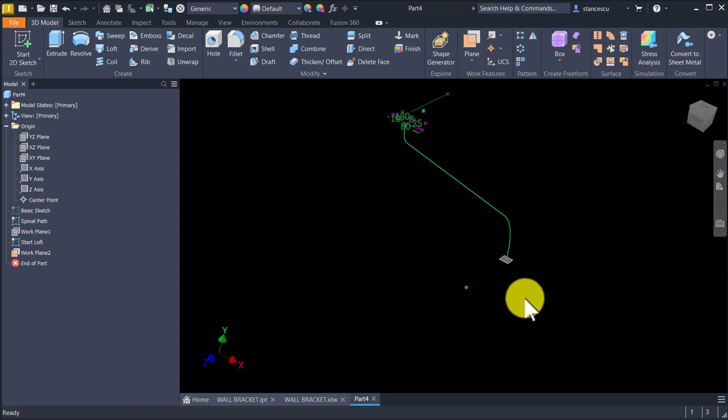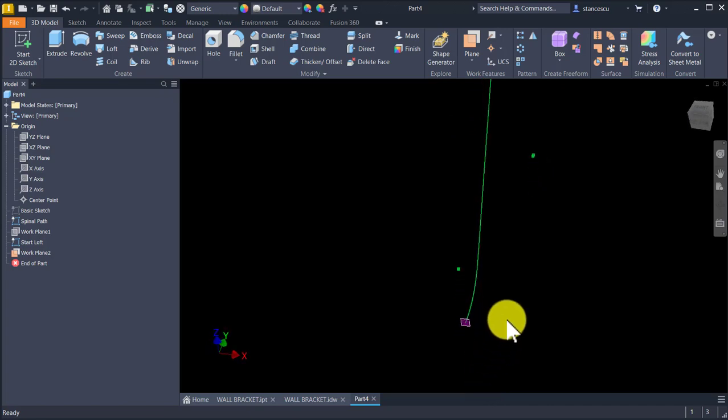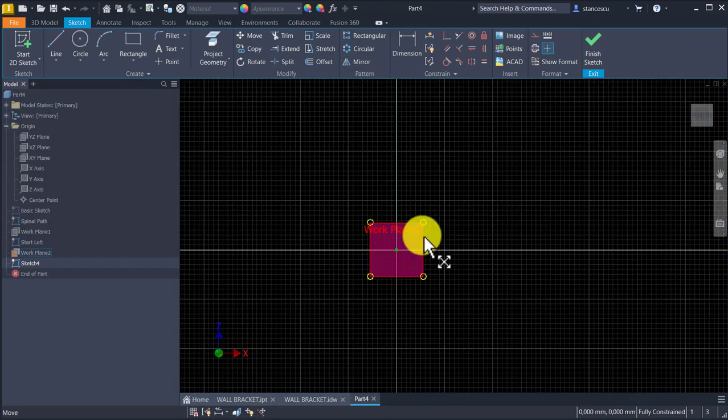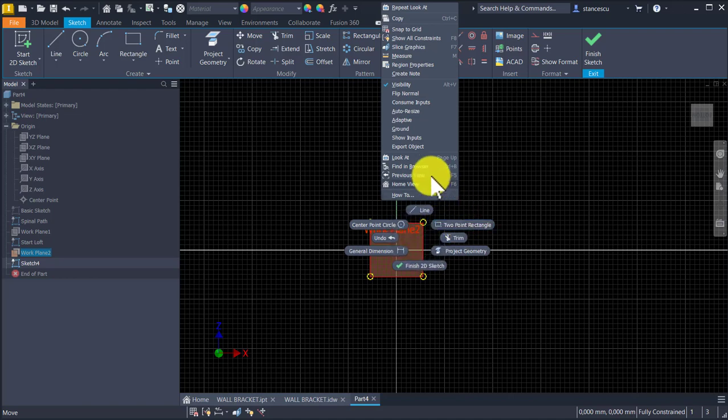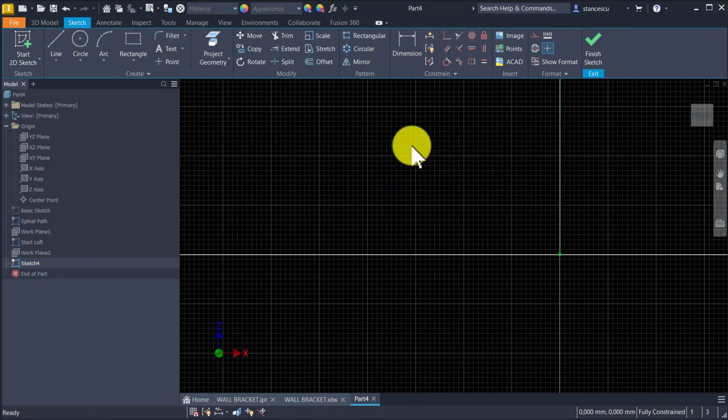Then we use this plane as a base for the new sketch, which will be called the end loft, of course. I don't want to create again a new sketch since I already have one, so that I